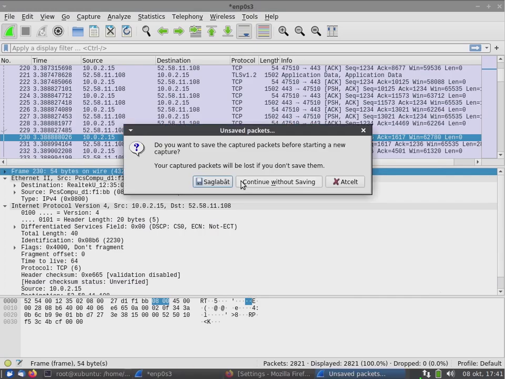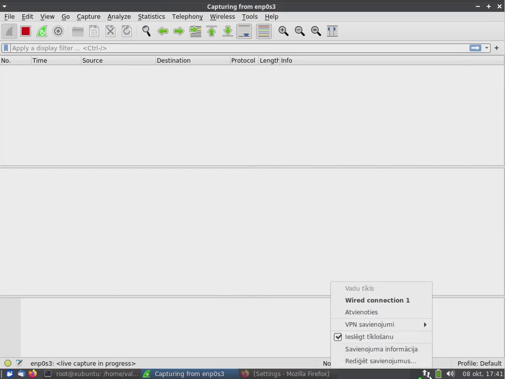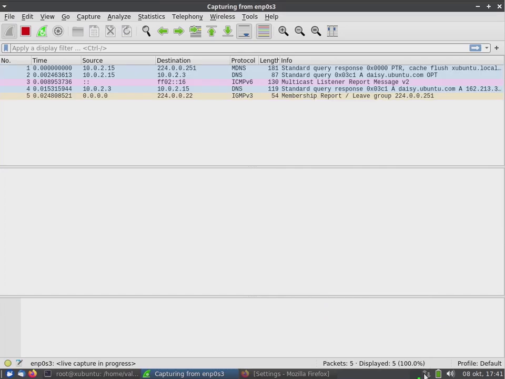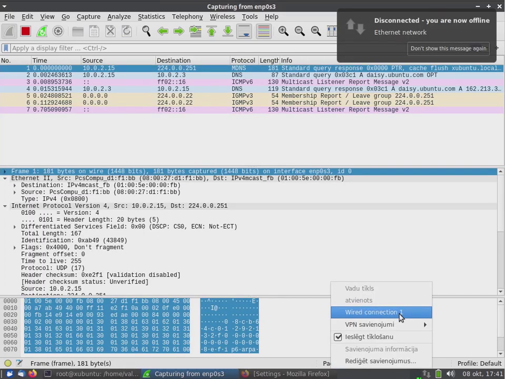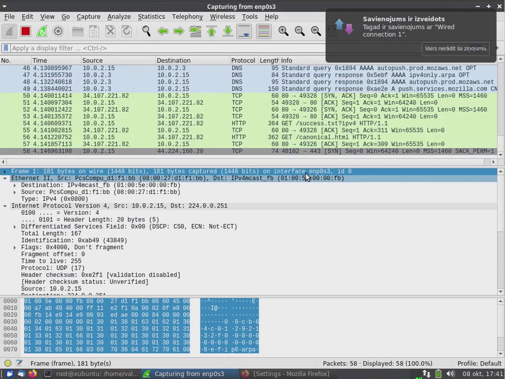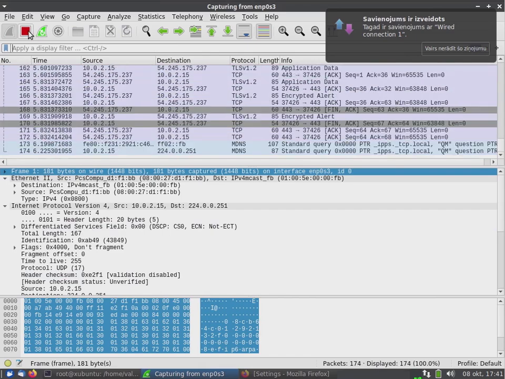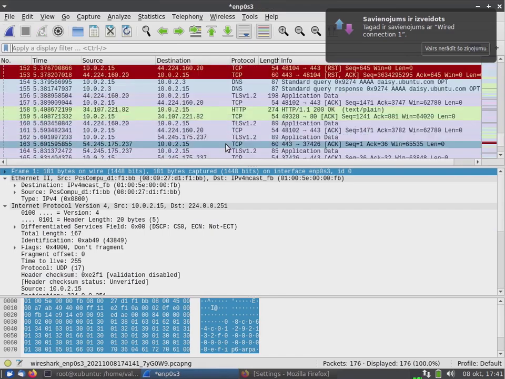First we need to start the capture, and then we connect and get this back, and that should be enough.